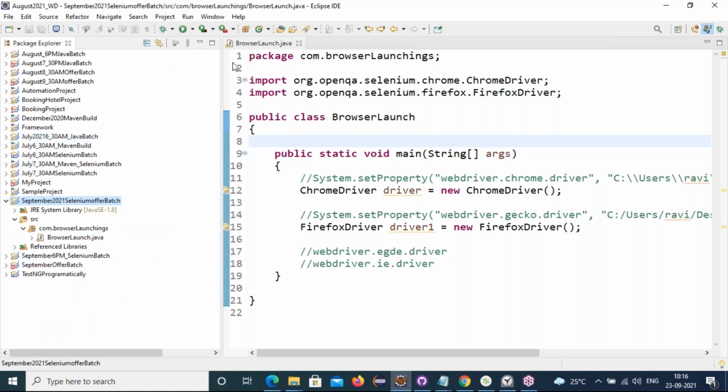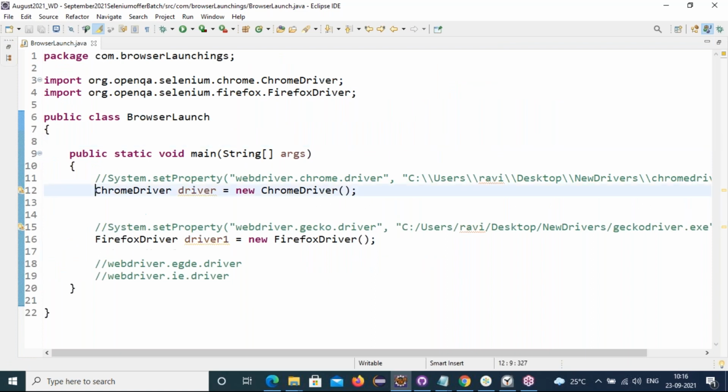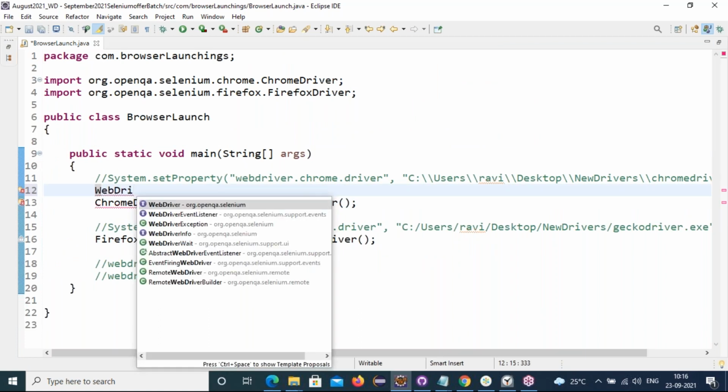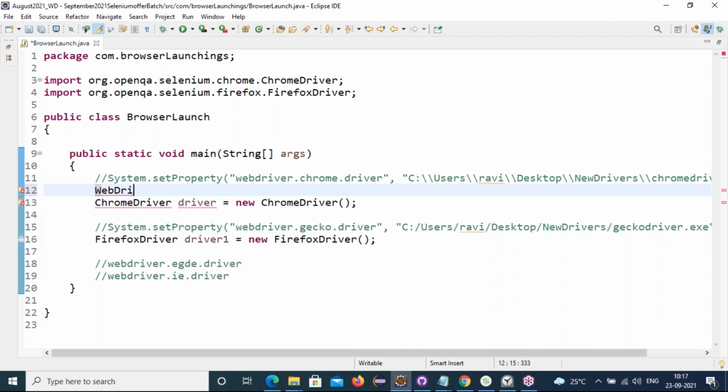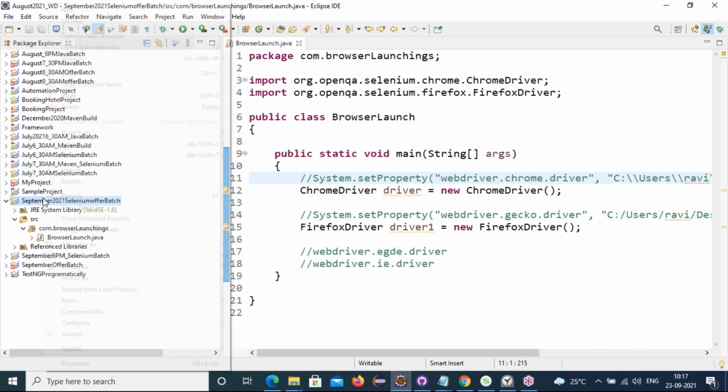Now we are using the WebDriver Manager concept. WebDriver Manager is not loaded yet. Let's wait some more time. It was not reflected. That's what I said: always refresh when any jar files are added into the project.